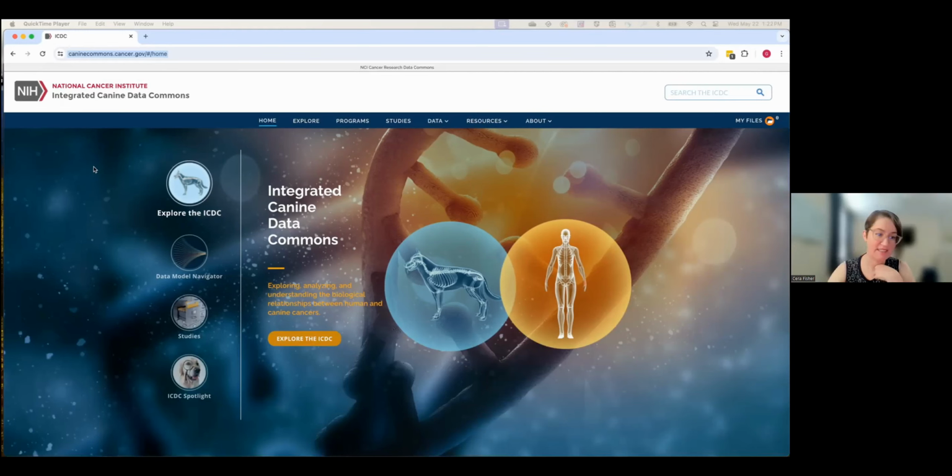Yes. Okay, great. Right. So I'm here to introduce the Integrated Canine Data Commons. So the NCI Division of Cancer Treatment and Diagnosis, DCTD, tasked the Frederick National Laboratory for Cancer Research with building the Integrated Canine Data Commons, which is a cloud-based repository of spontaneously arising canine cancer data. So not only does the ICDC provide a home for the data sets that are generated, but also aims to lower the barrier to building cohorts and then moving forward to conducting a meaningful analysis.